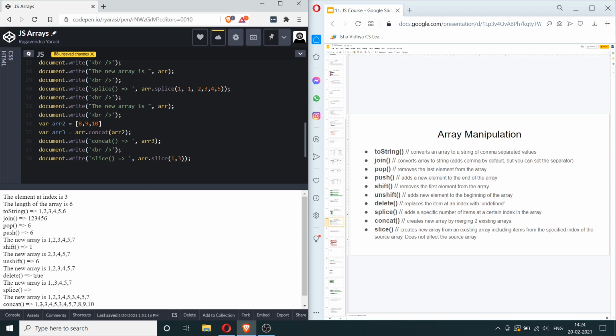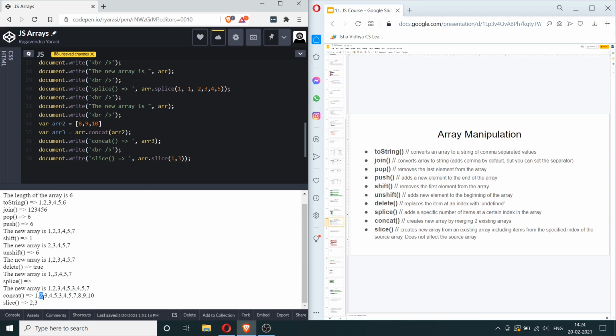Index number 1 has the item 2, and even though we've written the end index as 3, which would actually be 0, 1, 2, 3, 4, where 4 is the item at index 3, even though we've specified 3 there, it will exclude the last index and copy the items before that. So that would be 2 and 3. So 2 is the starting element and 3 is the final element. So it extracts this from the array.